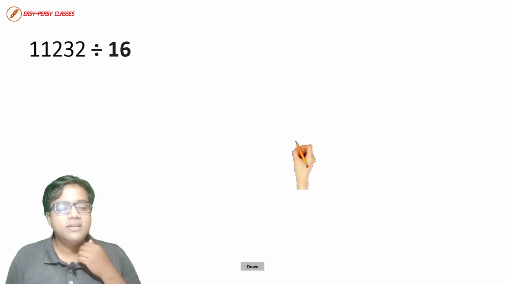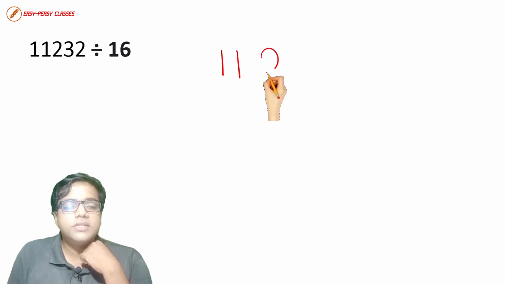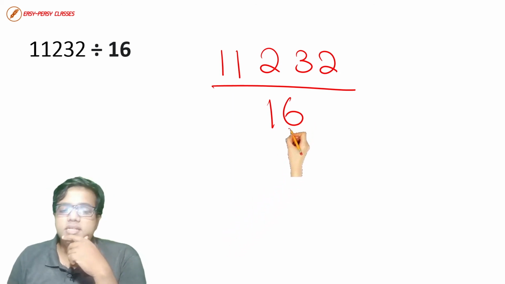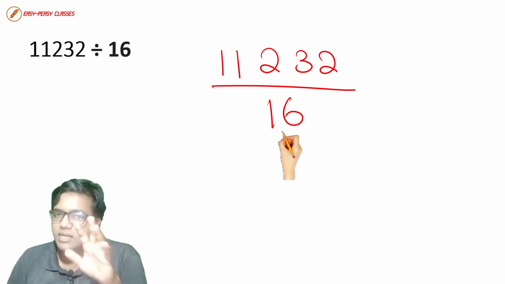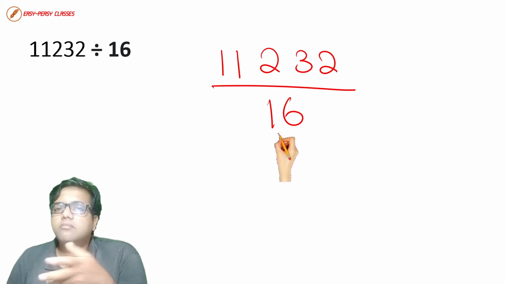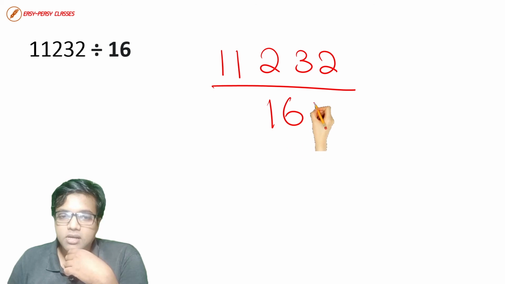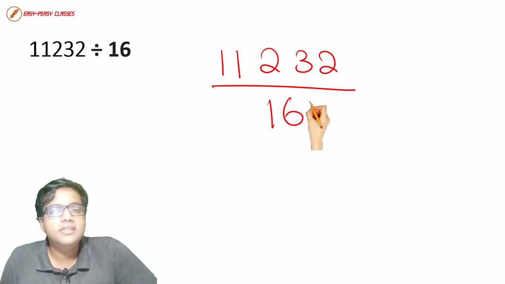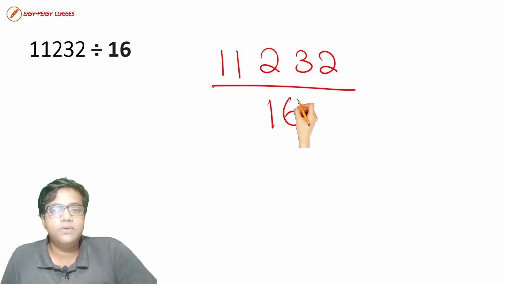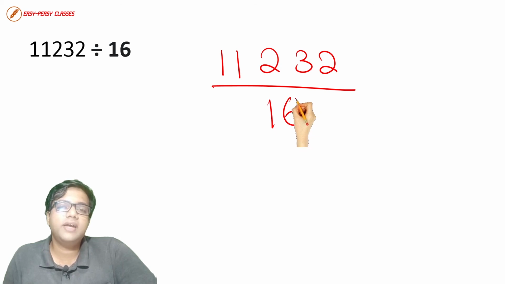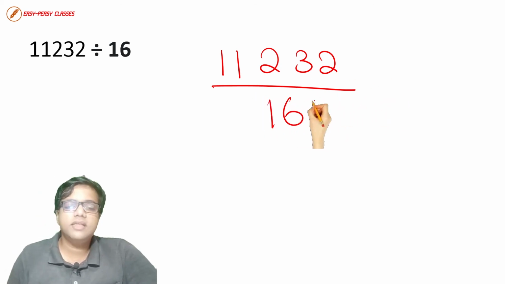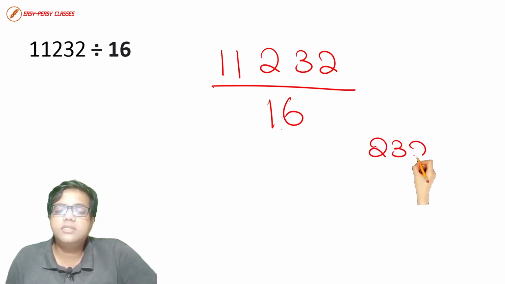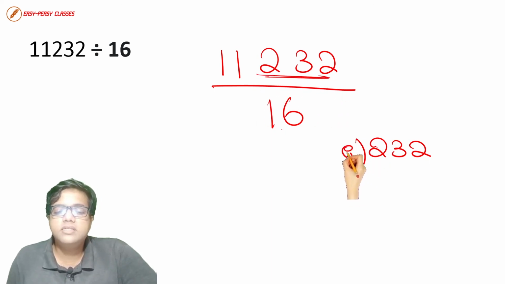Okay, let's move ahead. 11,232 divided by 16. One thing is, 16 is a small number. You know the tables of 16, you can directly do that. But in case you find it a bigger number or you don't remember the table at the time of examination, you can divide both the numerator and denominator with the help of 2, or with the help of 8 as well. Let's see whether the down part is divisible by 8. 8 2s is 16. What about the top part? We need to check the last 3 digits, whether they are divisible by 8 or not.